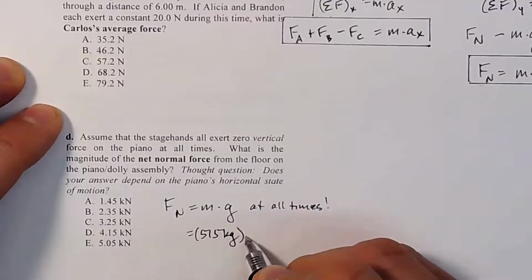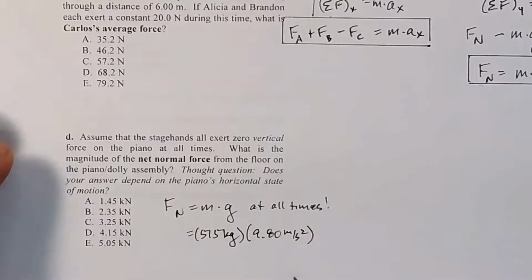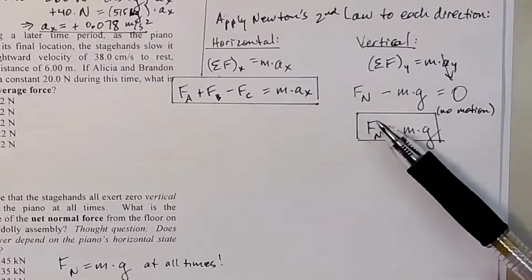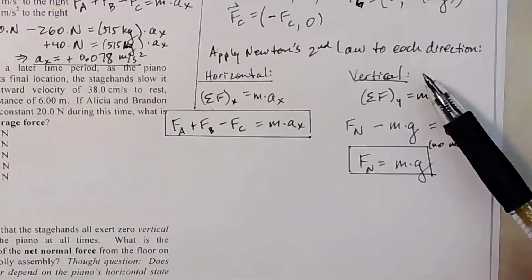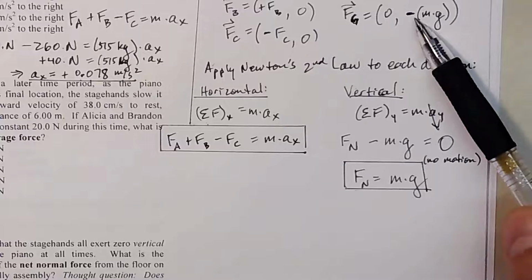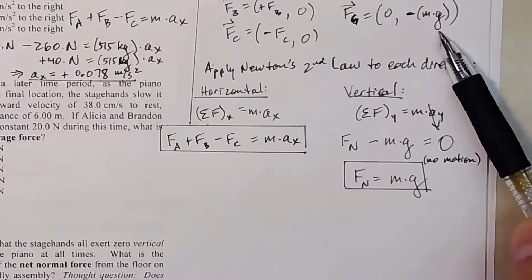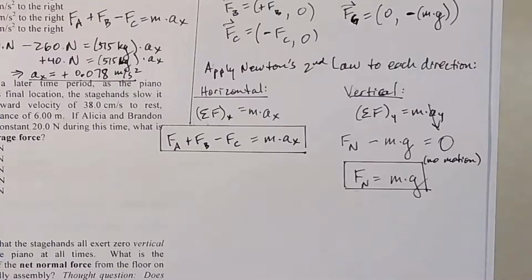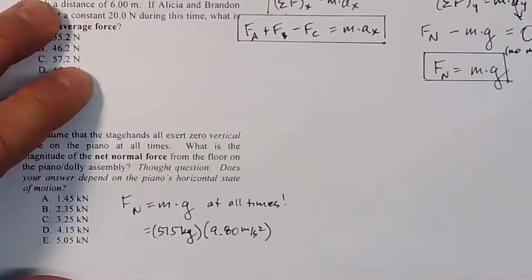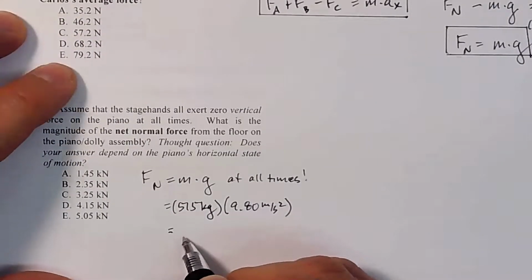The mass is 515 kilograms. g, remember, is a positive constant, always. Whenever we want to make a point in the downward direction, we multiply it by -1, like we did up here, but that's for a component. When we actually plug in the value of the little g itself, you'll notice that throughout our textbook, throughout all our examples, we're always plugging in positive 9.80. And then this gives us a value of